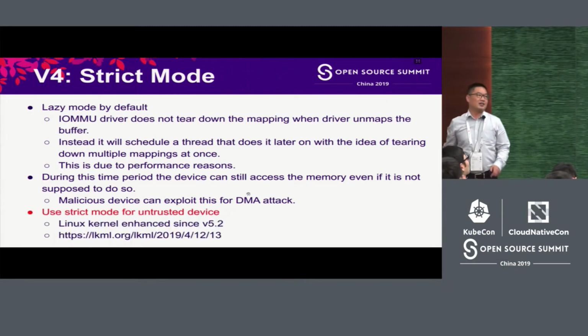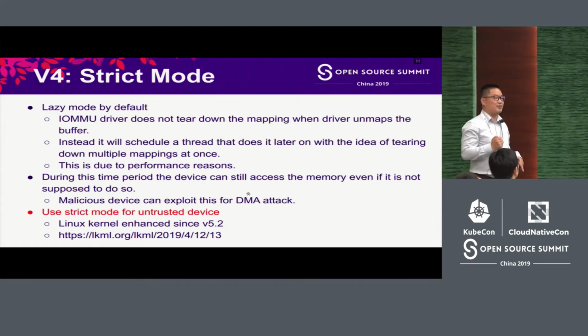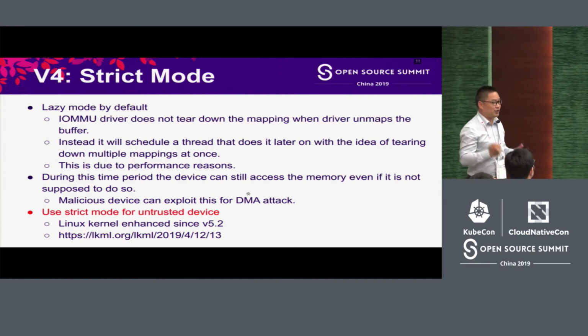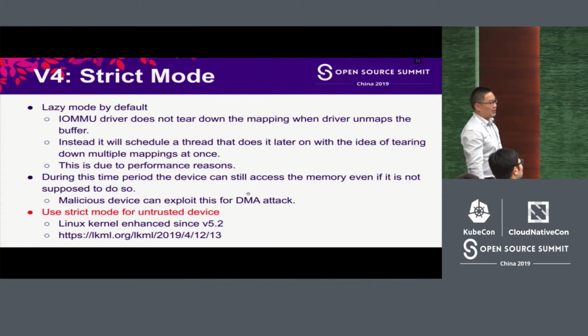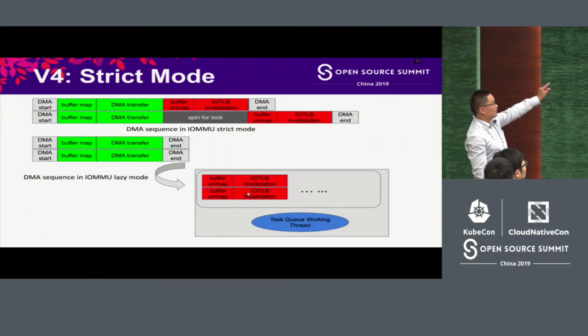So your DMA is now finished, but your map still enables the cache, and your device can still access the cache, and the kernel memory allocation system has probably already assigned this memory to another device. So for untrusted devices, we will always apply the strict mode.